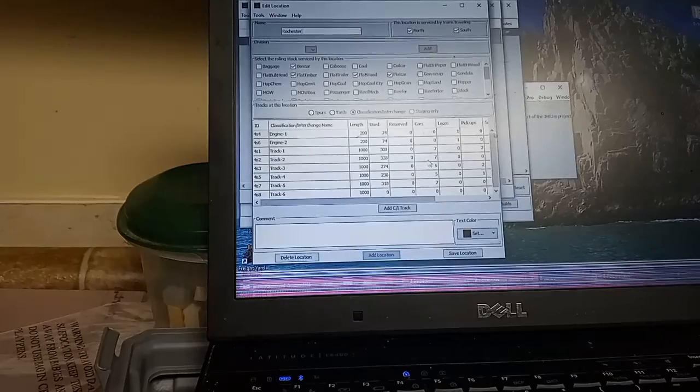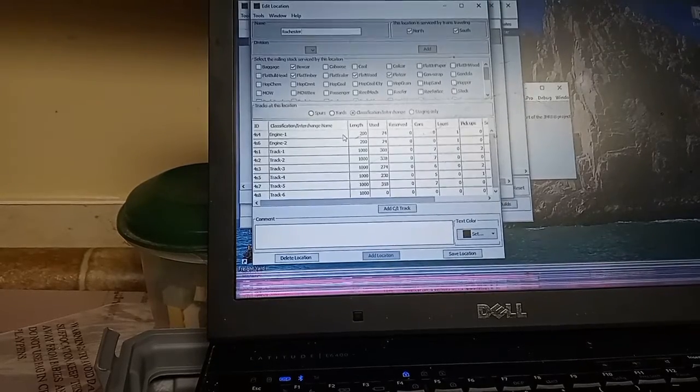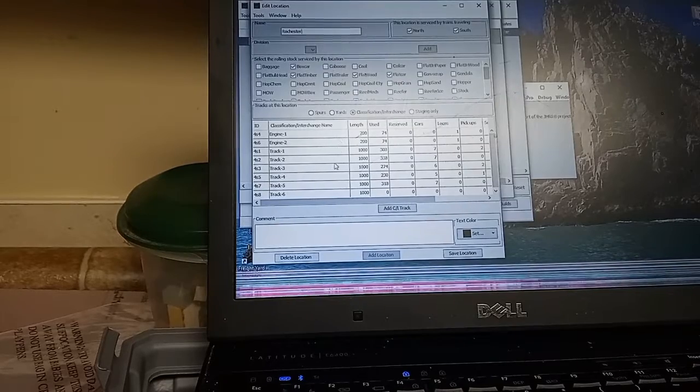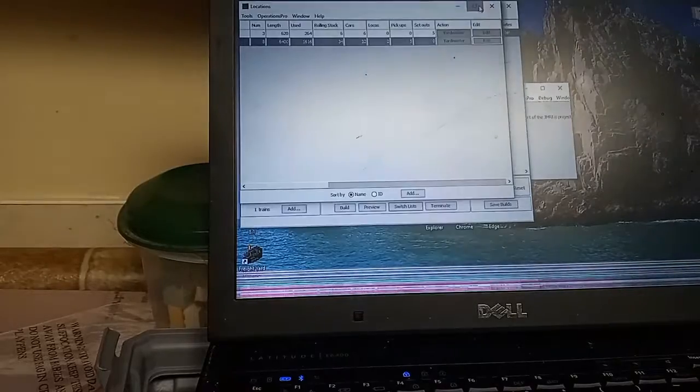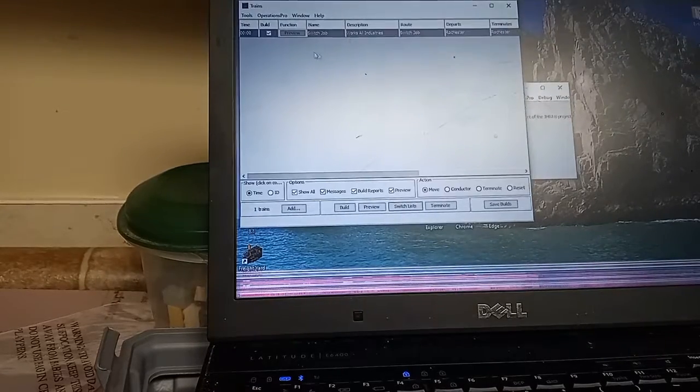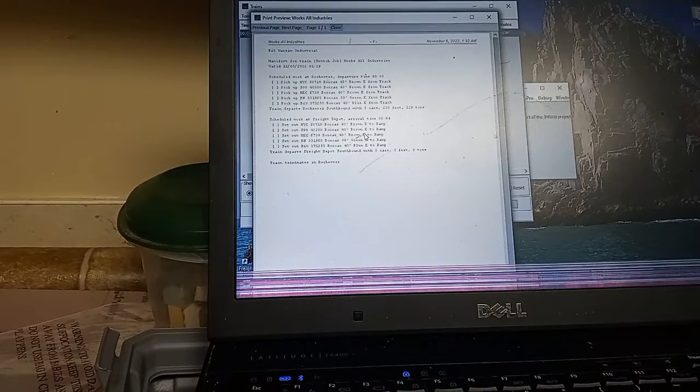With that the way it is, I have NYSW 4024 on engine 1, and CN 9626 is on engine 2. With that like that, we have the switch job. Okay, what we will be doing,